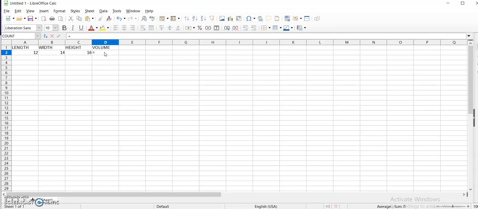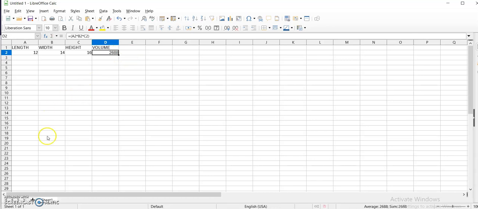Then to find the volume, simply start the bracket, then I will write A2 multiplied by B2 cell multiplied by C2 cell. Press enter, you can see the result.